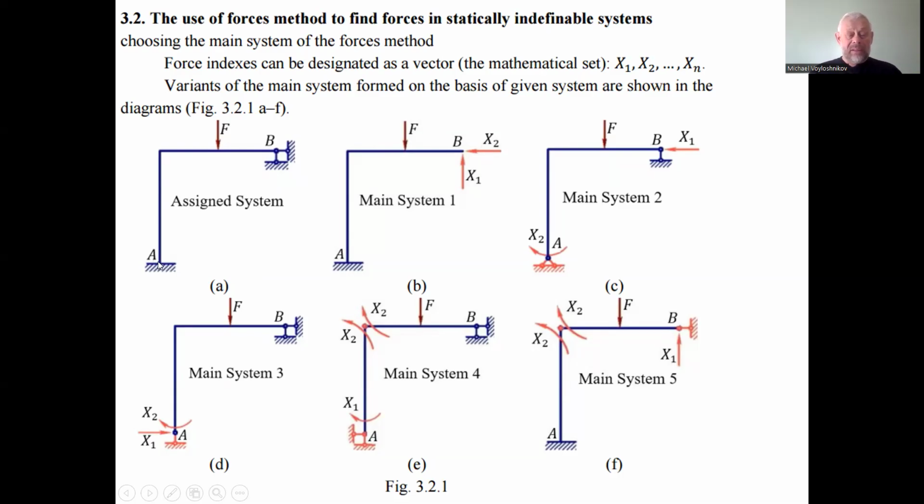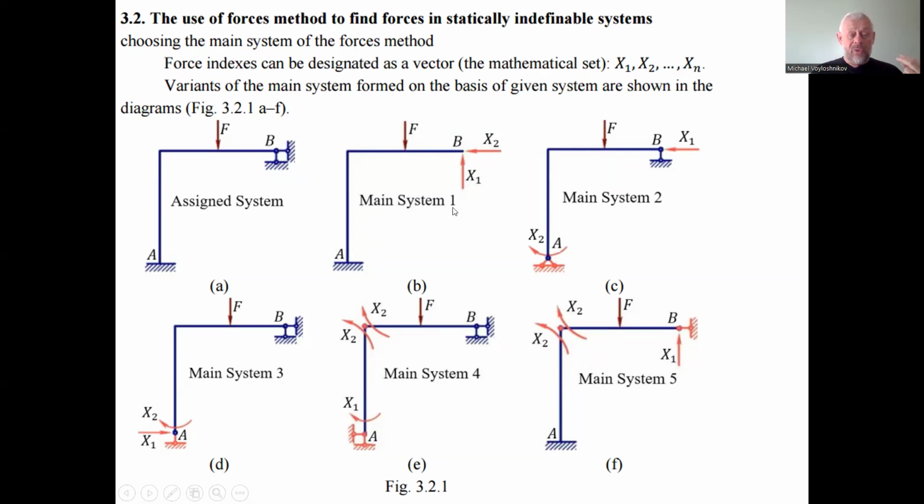This rotating moment is the scalar when we consider the plane, when we consider the flat state of the mechanical system. And the first option of the main system could be if we remove, let me please remind that we have 2 times statically indefinable system. So we can substitute the supporting links in the point B by 2 forces, x1 and x2. And next we cut out the supporting links. And this rigid corner A, the corner and B,